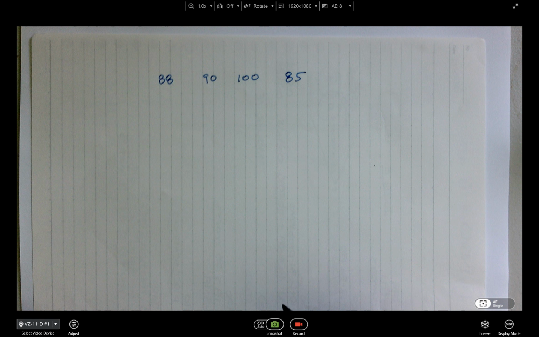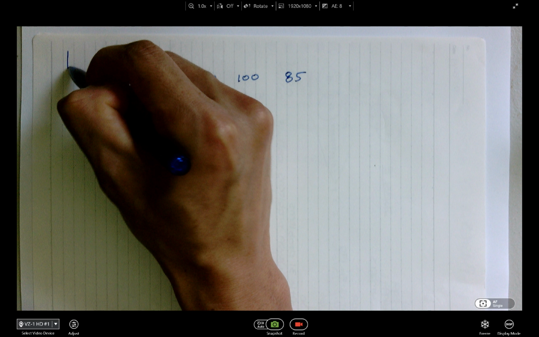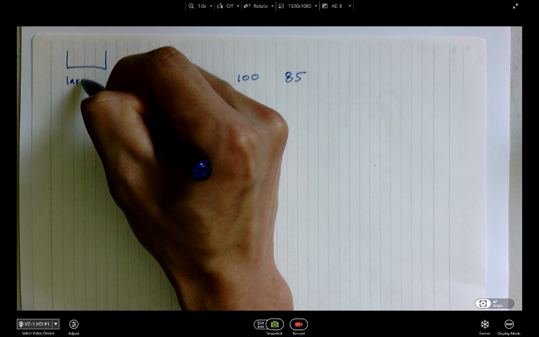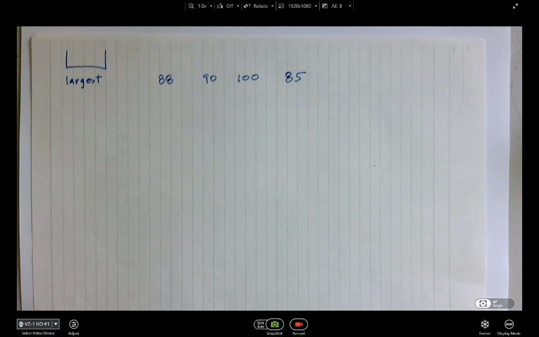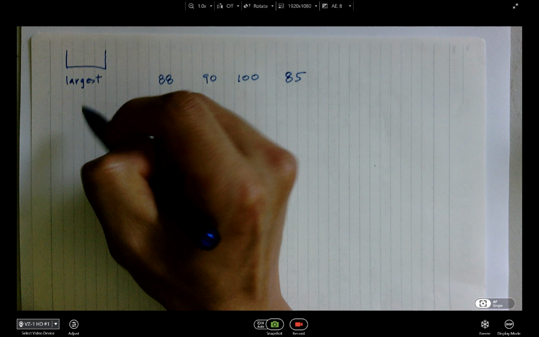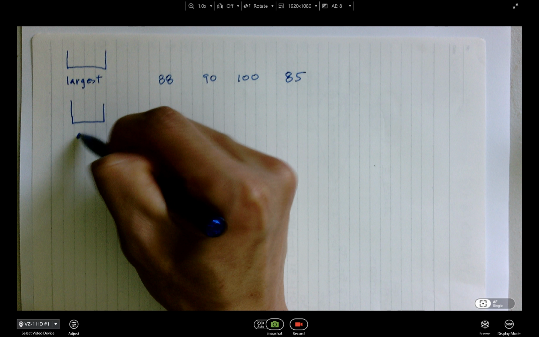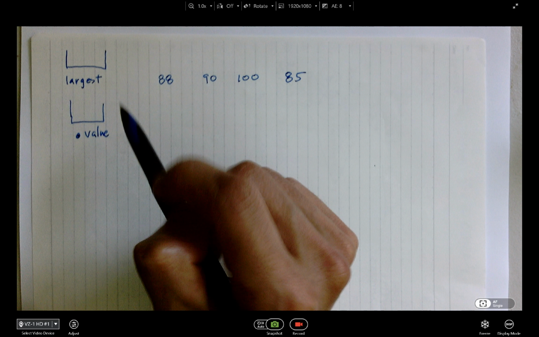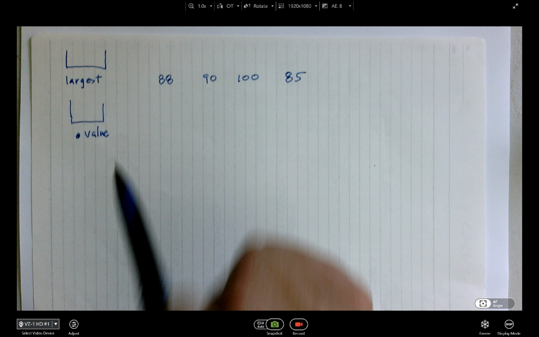So the idea is this. You have two variables. One variable you can call largest or maximum, that's the largest. And another variable you can call value. Value is a variable name where you can store the midterm score. So the idea is this: